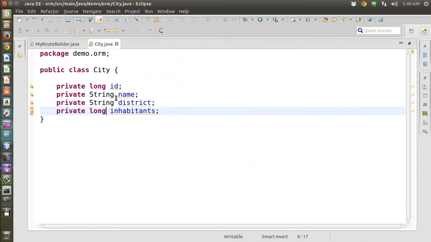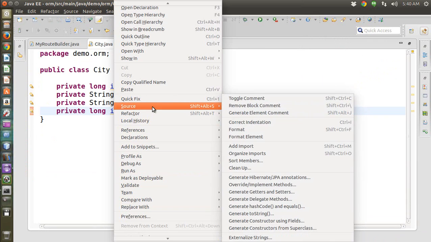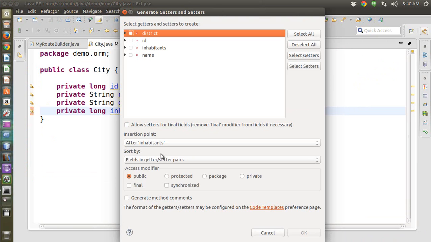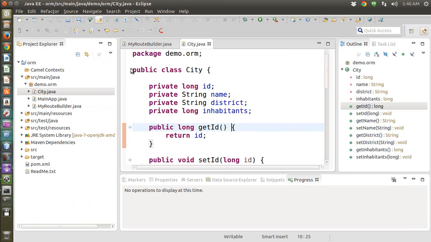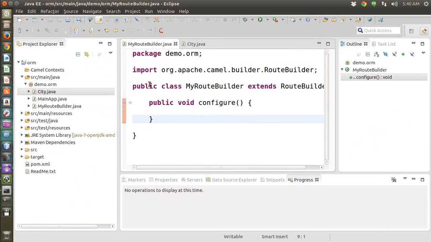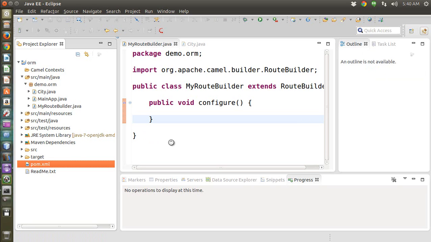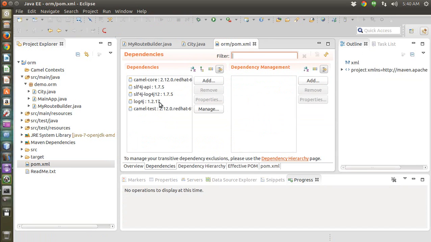So I will generate getters and setters for this class, as being the last member in the class, and I will select getters and setters for it. Okay, and this is my simple model. So I would like to be able to execute a request against the database and get the data for cities and expose a service. So I'll go to the project object model file, and in here I have the dependency